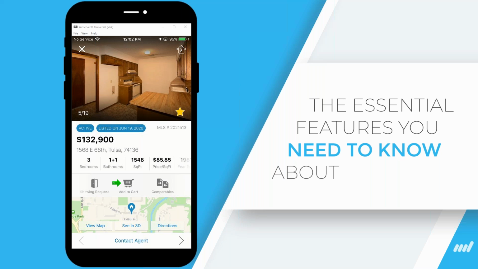Client carts are integrated with the Matrix. Client carts are integrated in MLS Touch, so you can easily add a property to an existing client cart or create a new cart and add it to it in a pinch. And this one, the comparables button, allows you to pull instant comparables, which can be very useful if you're looking